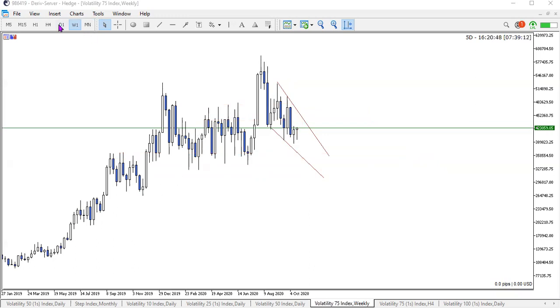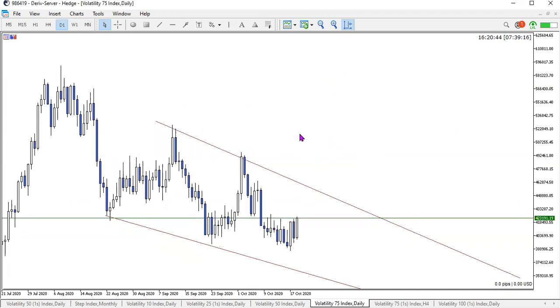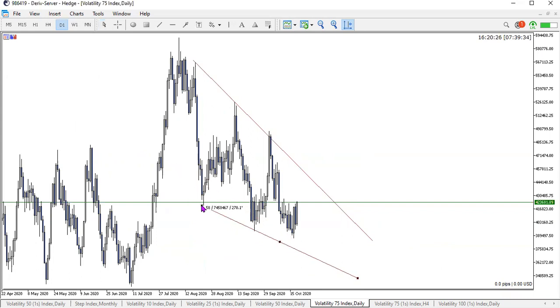When I drop down to the daily chart, I'm just going to identify, okay, so that's what this zone is. So I'm just going to move this a bit more to represent what we can see on the daily chart. Right, so that is this channel in here, and I have been speaking about this channel for a while now as well. That will be this touch in here, that will be this touch here, and you can see that this is a bit of a, what's a bullish flag, a falling wedge, a pennant.